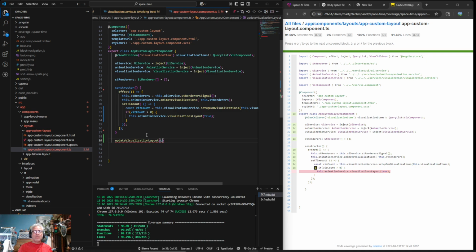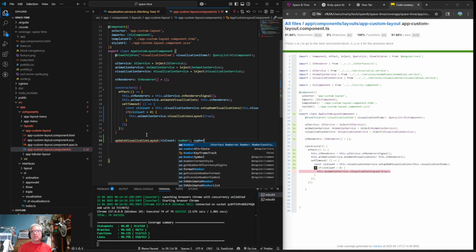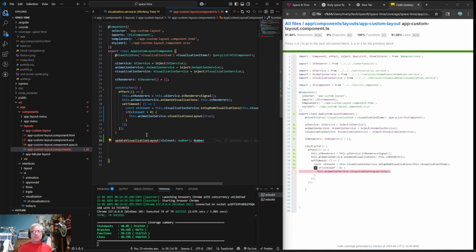I guess I might as well call it a viz count. That's a number, and it returns a Boolean. No, it returns a number. We'll just return the number that it got, and then what? I don't think that's supposed to be uppercase, is it?